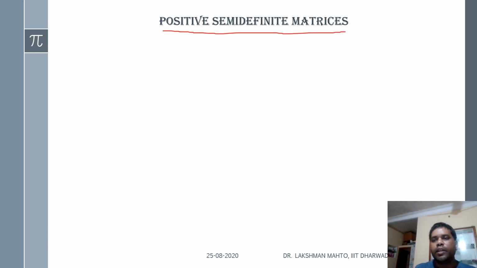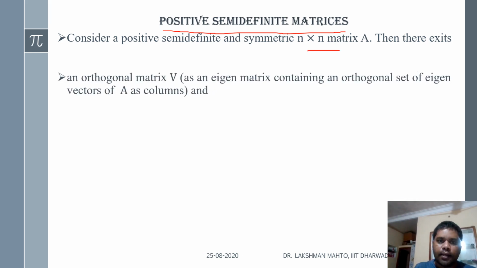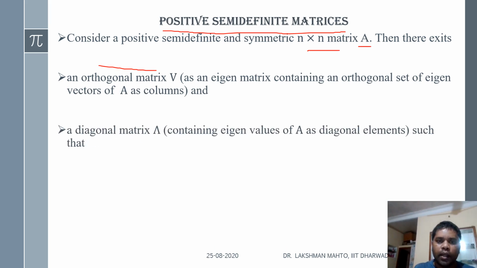Now let us discuss the positive semi-definite cone. In order to understand it, we need to understand positive semi-definite matrices. There is a very famous and celebrated theorem from linear algebra called spectral decomposition, so first I would like to recall it. It says that if you take a positive semi-definite matrix A which is symmetric as well, an n by n symmetric matrix, then there exists an orthogonal matrix V coming from the eigenvectors of A, and a diagonal matrix lambda having the eigenvalues of A as its diagonal entries.